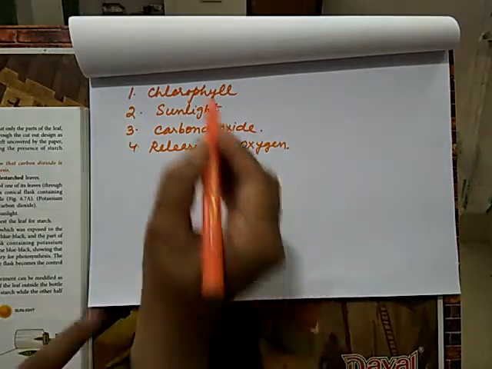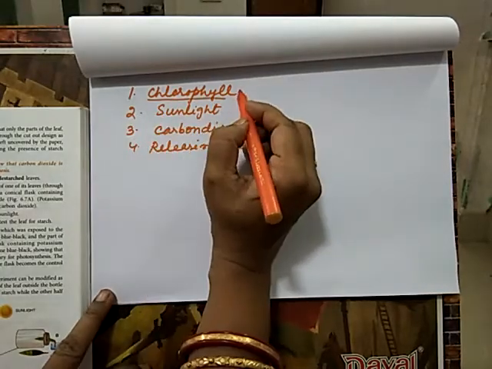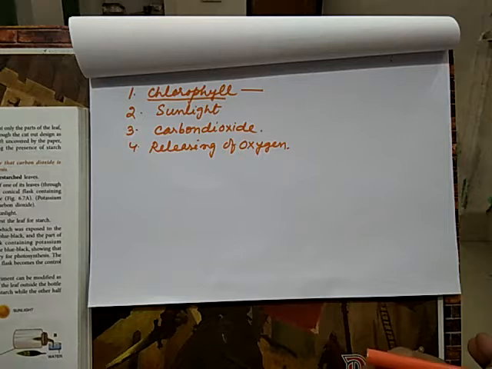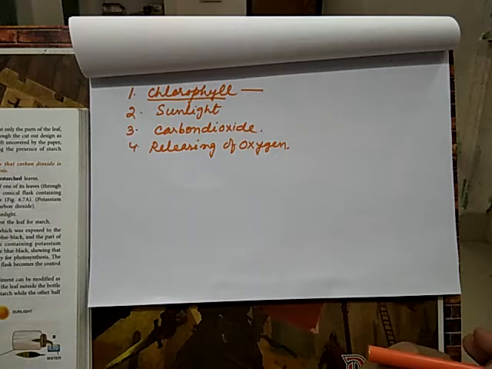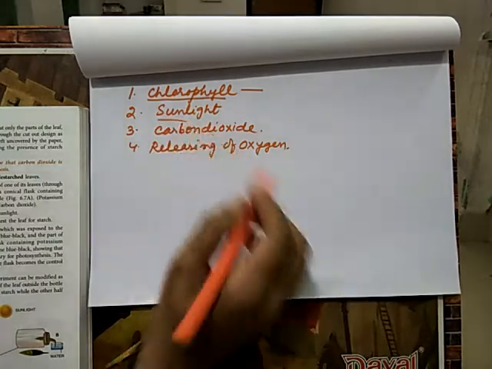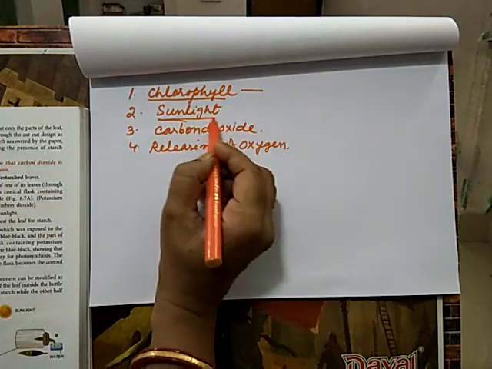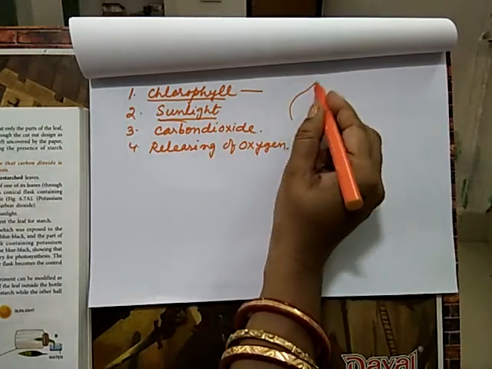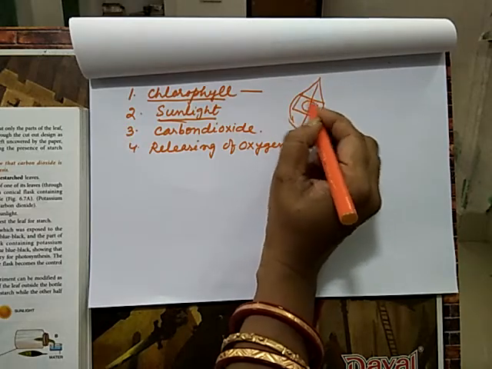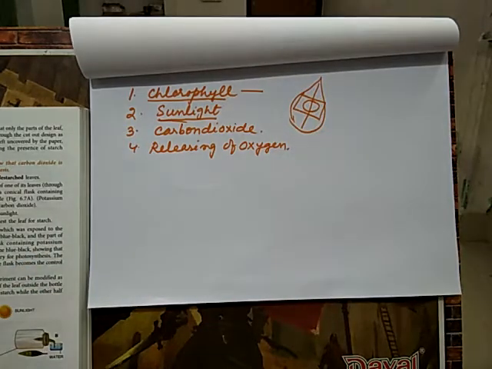To test for chlorophyll, we take variegated leaves, which are partly patched with green and non-green patches, so that we can see that green patches are completely filled with starch and non-green patches do not contain starch. There we apply the iodine solution. Sunlight is required for photosynthesis. The leaf is taken and black paper is covered over a portion of the green part.